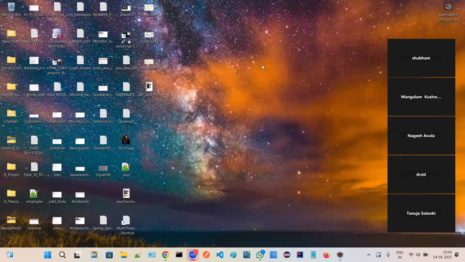So if we can store those 10 candidates on our drive, then we can access them today, tomorrow, day after tomorrow, 2 months, 3 months. We can access them until we delete them manually. That's the way we are able to save our requirement. So will there be losses? No. Even though you close your application, no matter, your data is available on the system. So that's the reason we are